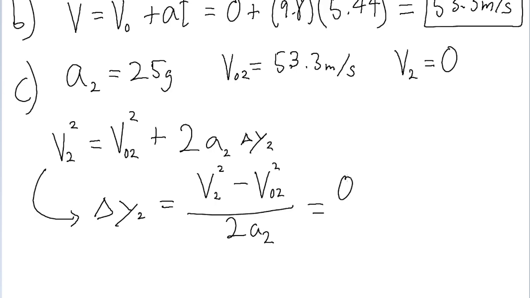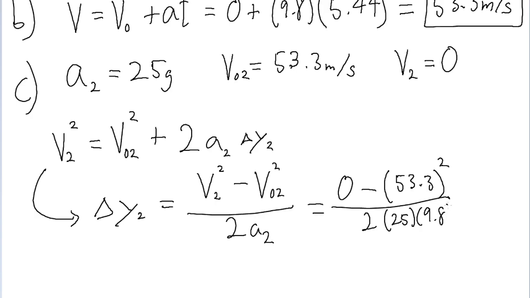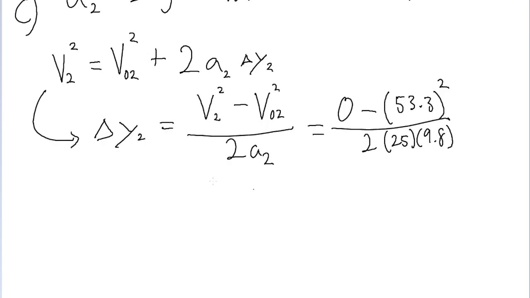So of course the final speed is 0, and 0 squared is just 0, minus the square of the initial speed, which is 53.3 meters per second. Don't forget to square it. Then we divide by 2 times the acceleration, which is 25g, so that's 2 times 25 times 9.8. And if we put this into a calculator, then we find a distance traveled